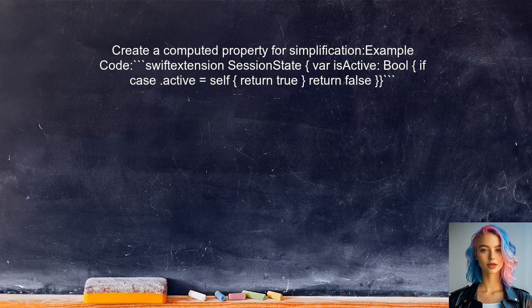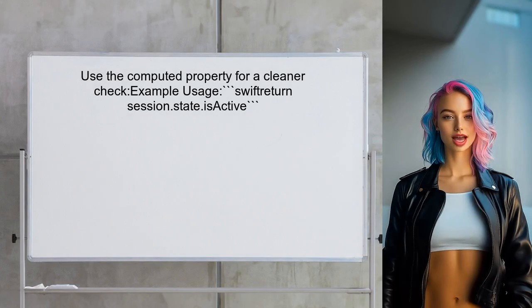Alternatively, the user can create a computed property in the enum to simplify the comparison. This property can return a Boolean indicating whether the state is active. Now, the user can simply call this property to check if the session state is active, making the code cleaner